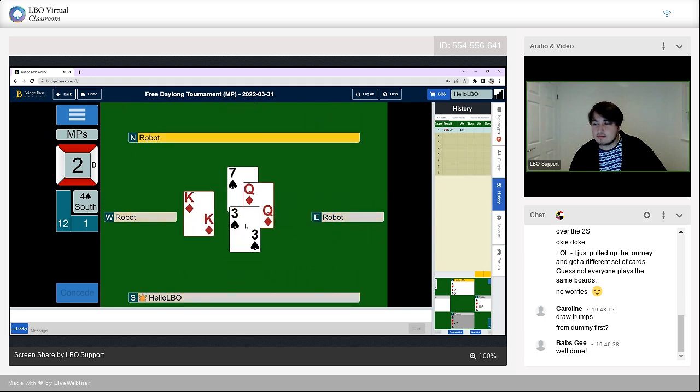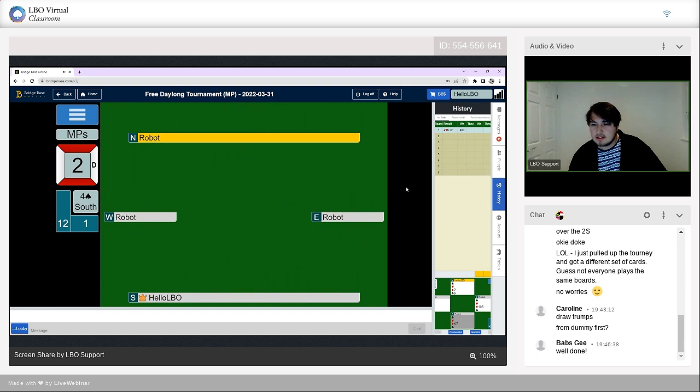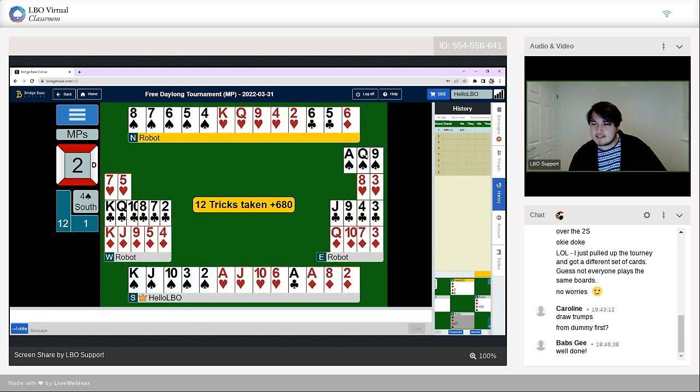And then we can have a look. Yeah, the robot with ace queen 9 playing the ace really helped, it matters. Well, West only had 2 hearts here, so they were